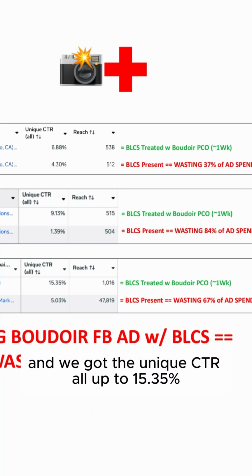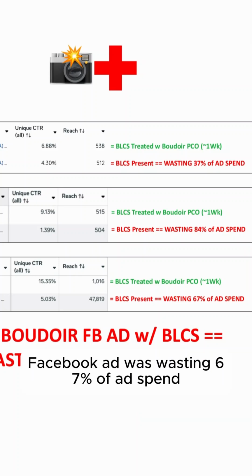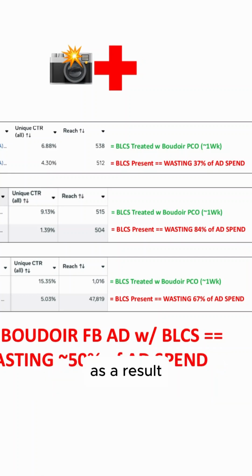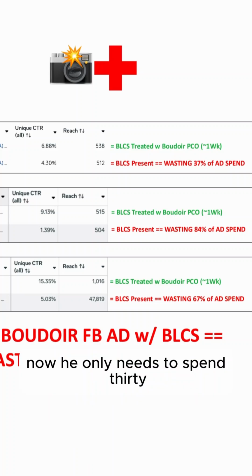And we got the unique CTRL up to 15.35%. So we found his original Boudoir Facebook ad was wasting 67% of ad spend. As a result, if he's spending 10 grand a month on the original Boudoir Facebook ad, now he only needs to spend 3,300